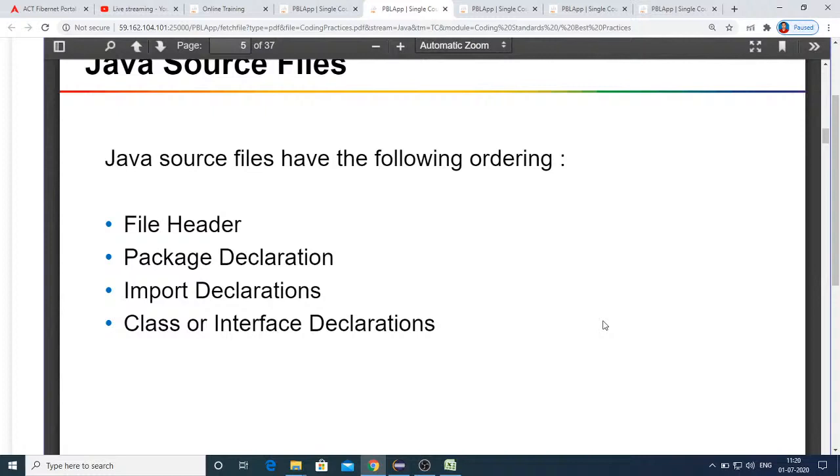And why I am saying this is, every source file that we create should contain a file header. Generally we are not doing that, but it should contain a file header with all the information: what this file is, what it contains, what operations it will have, who the author of this file is. Who the client or owner of this file is. All such information you have to keep in the file header, and you will do that in a doc comment. That's what I just mentioned.